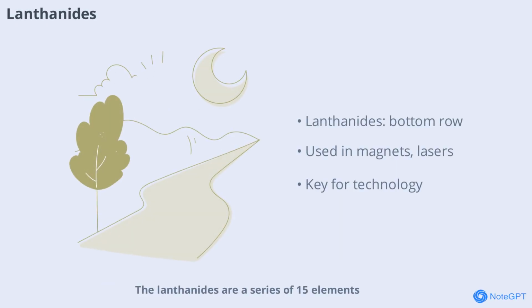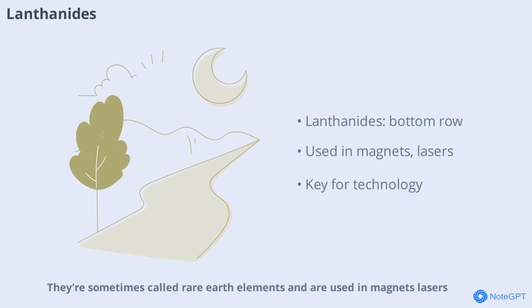Lanthanides are a series of 15 elements found at the bottom of the periodic table. They're sometimes called rare earth elements and are used in magnets, lasers, and electronics. Lanthanides are known for their similar properties and are often found together in nature. They play a vital role in modern technology, especially in green energy and high-tech